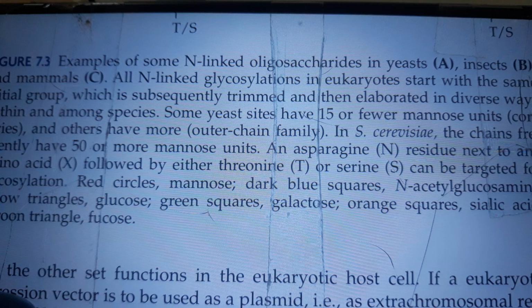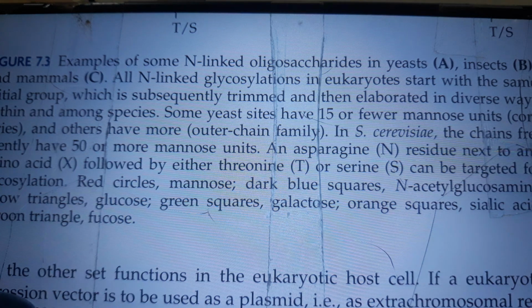Figure 7.3. Examples of some N-linked oligosaccharides in yeast (A), insects (B), and mammals. All N-linked glycosylations in eukaryotes start with the same initial group, which is subsequently trimmed and then elaborated in diverse ways within these series